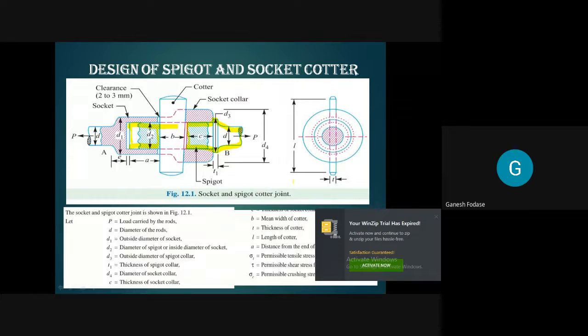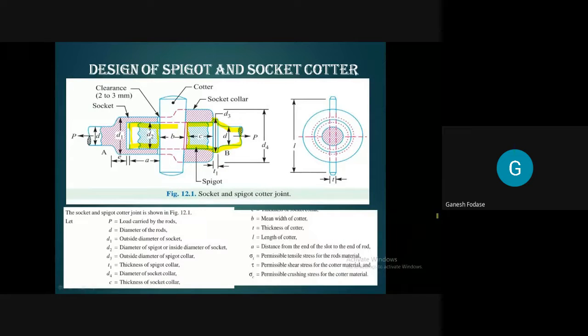I'm telling you how to design a machine element, how to design any component. What should be your thinking strategy? First, you need to think about where it should fail. Of course, we should know dimensions and notations. I hope it is known to you on this slide. What are the different dimensions? So you need to think about where it can fail. One thing, remember, the component will always fail at the weaker section. Yes or no? Yes, sir. So you need to think about the weaker parts in that assembly. Where are the weaker parts?